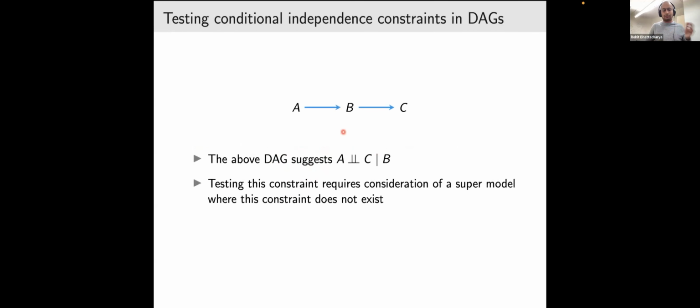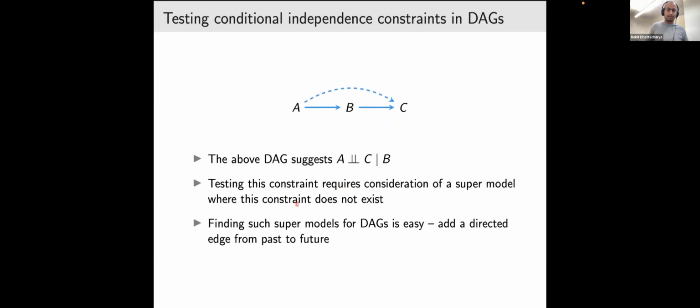So in the case of DAGs, it's really simple. Let's say I just have this DAG A to B to C. It suggests that A is independent of C given B. And then if you want to test this constraint, usually you think of the graph without this edge as being the null hypothesis and the graph with this edge as being the alternative hypothesis. Maybe you run a likelihood ratio test, and you compute some p-value and you choose to reject the null or not. So in DAGs, this is really easy, finding these supermodels to test the constraints that you see